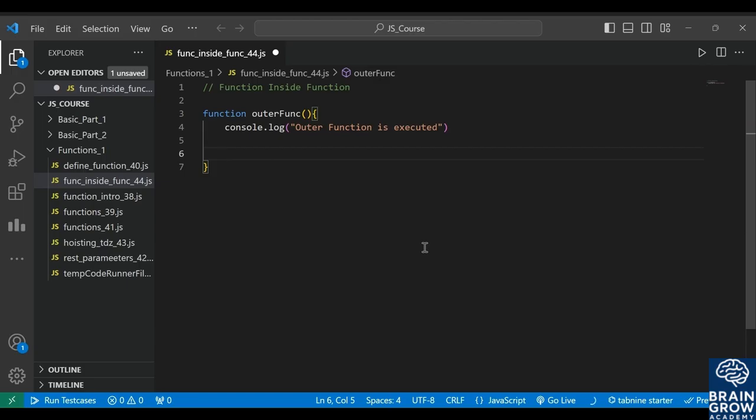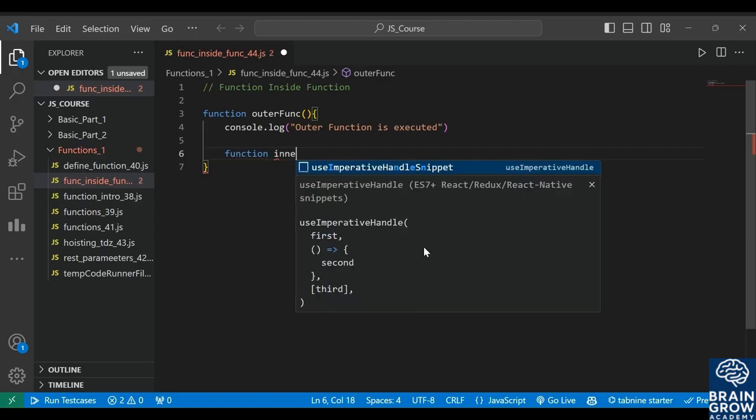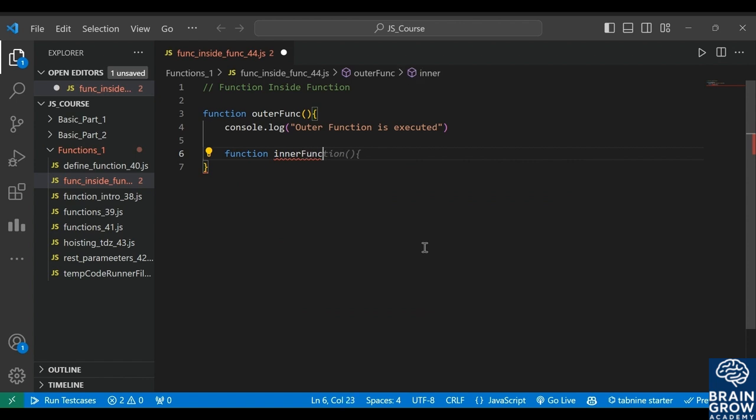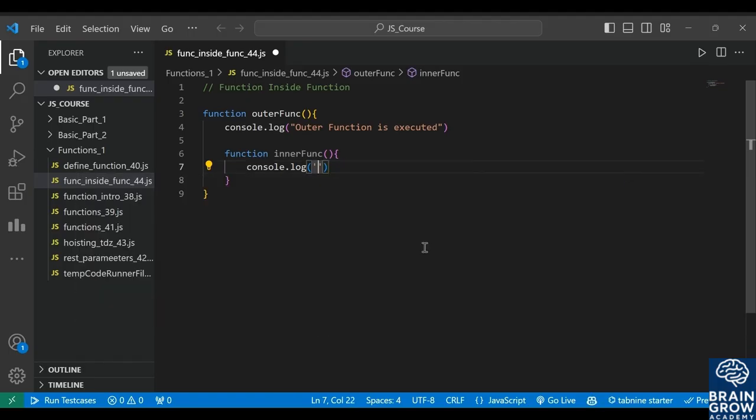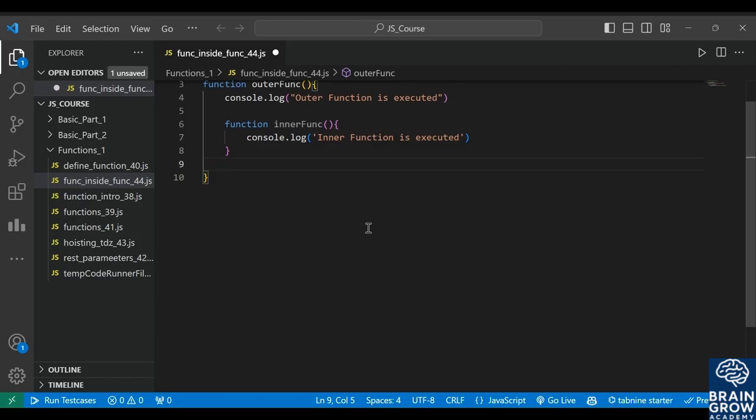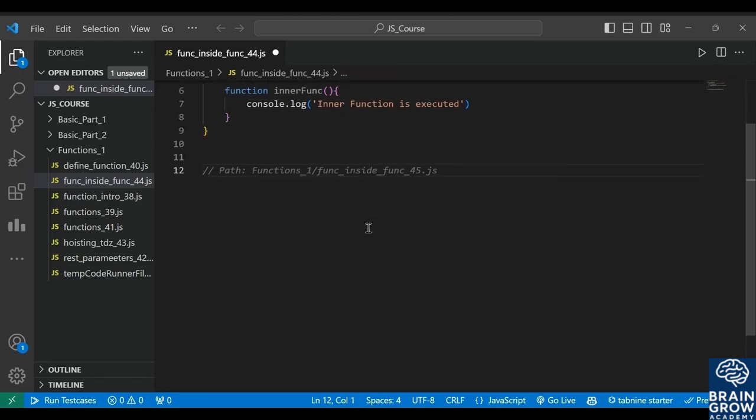After that, create another function inside the outer function, inner function, and also console inner function is executed. And after that, if we want to call the outer function, then simply call the outer function and